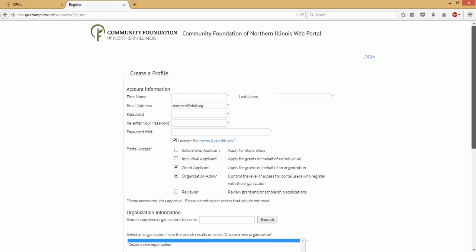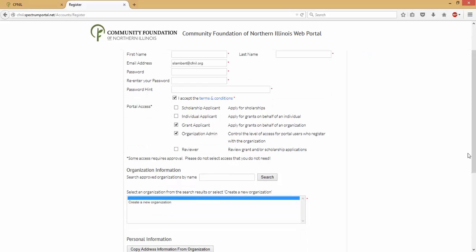The organization admin is the person who will be approving everyone else who can work on the grant application, so it will likely be someone like the executive director or director of development. The organization admin needs to register first, then you can have as many grant applicants register as you want. There can also be multiple admins, they just have to be given permissions by the person who set up the